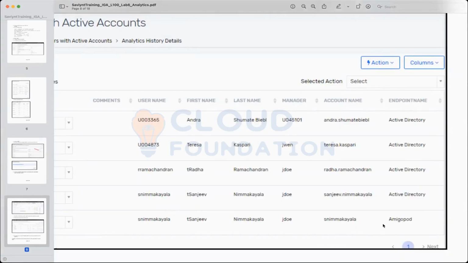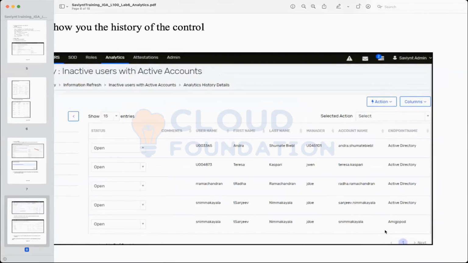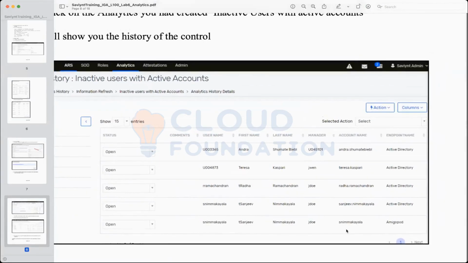Their IDs have been disabled, but their accounts are not. This is exactly what we wanted to see. Correct. Now there are some reports where we just want this. We have generated a report because I can share it with, let's say, my leadership, to get the insights on what they want to do with all such users and stuff like that.